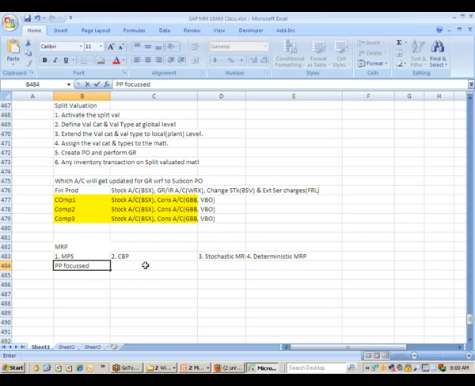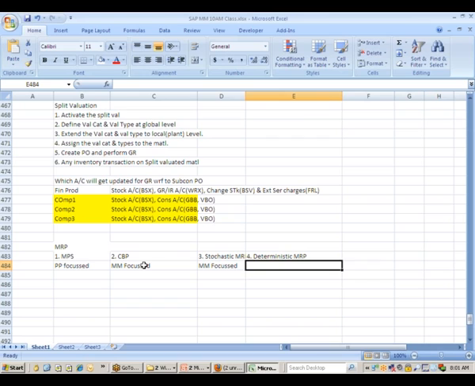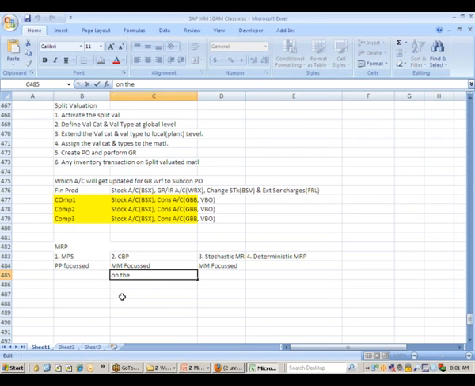CBP and MRP, or what we call stochastic MRP, are both MM focused. And this works on the basis of consumption of the past material. I would say it works on the basis